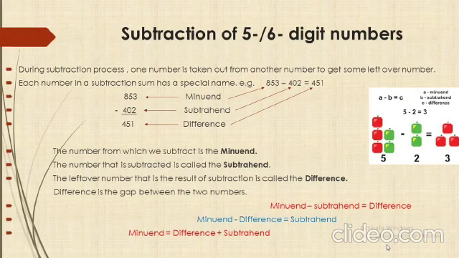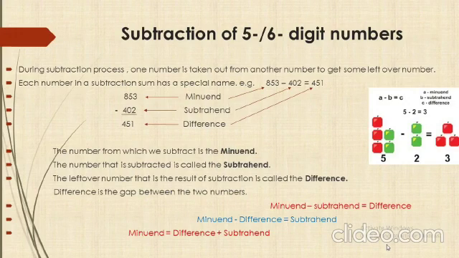Each number in a subtraction sum has a special name. For example, if 402 is subtracted from 853, the leftover is 451. In this subtraction sum, 853 is minuend, 402 is subtrahend, and 451, that is the difference, is the result of